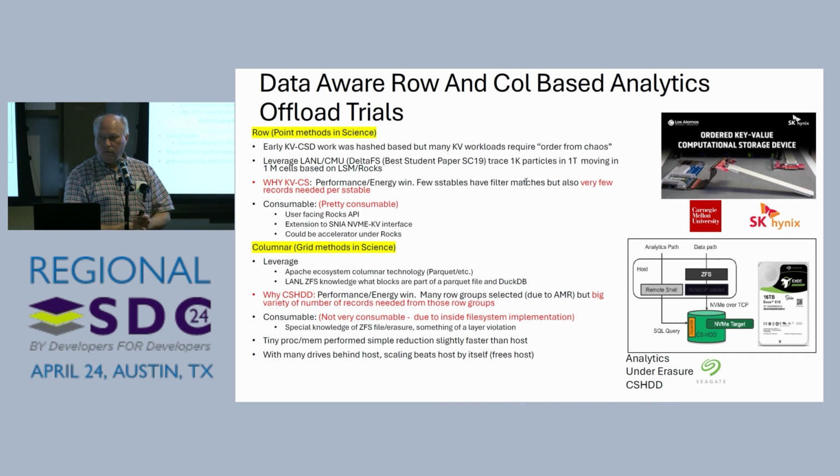So that was data aware, data agnostic. Now we go to data aware. And the first thing we tried with data aware is row-based offloads. So row-based offloads, again, are associated with these grid methods, these point methods. And the point methods that we chose, a code called VPIC, a particle in cell code, particles